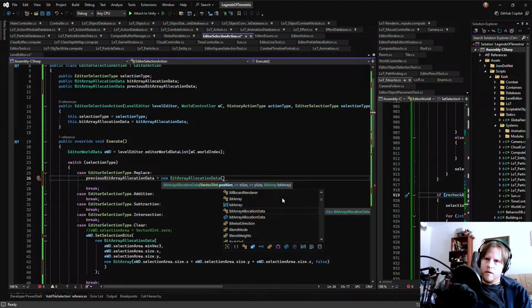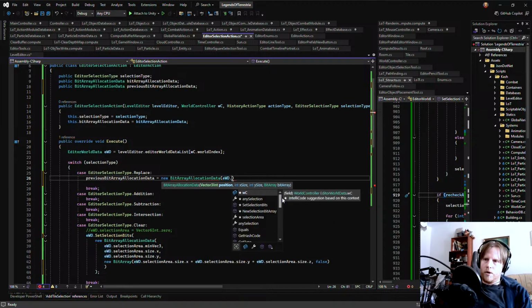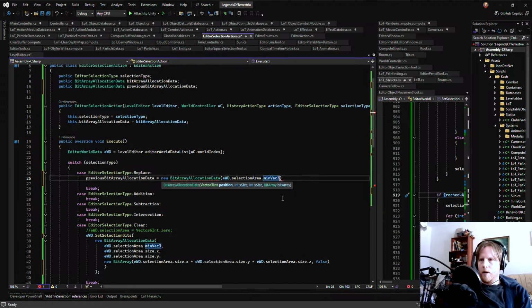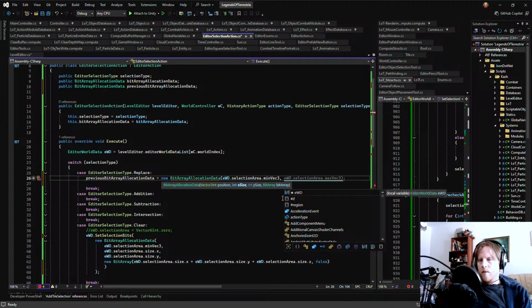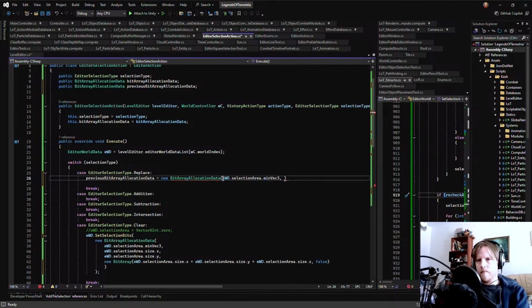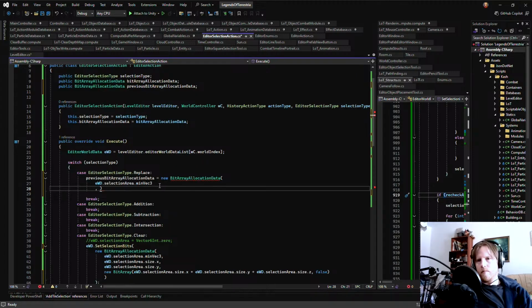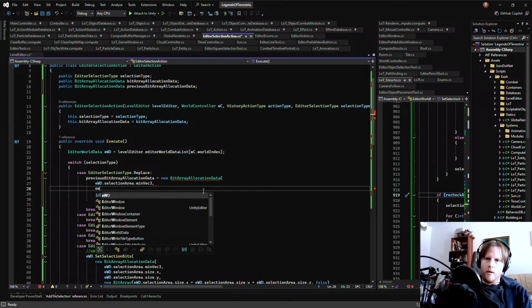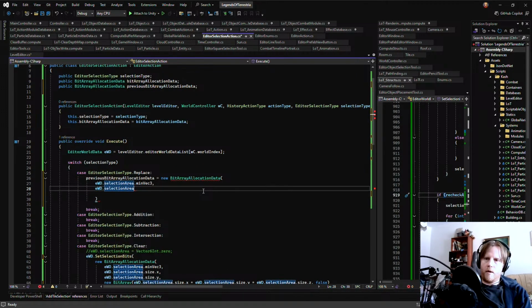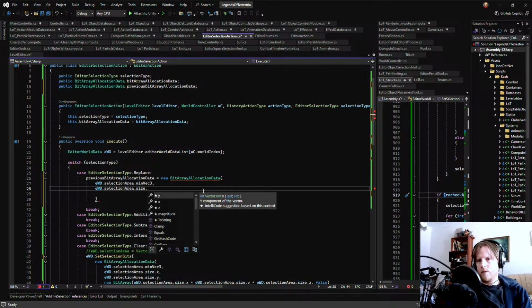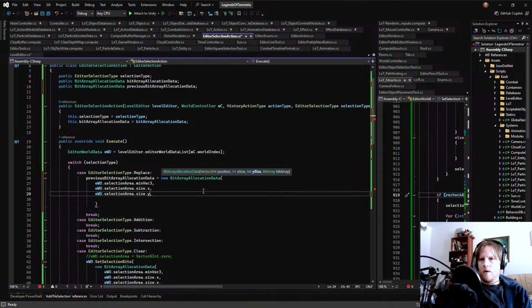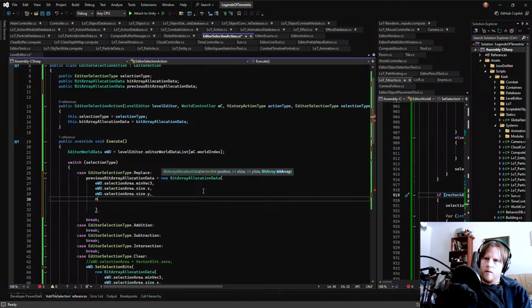Which is gonna be EWD dot selection area dot min vec3, EWD selection area dot size dot x dot y, new bit array.